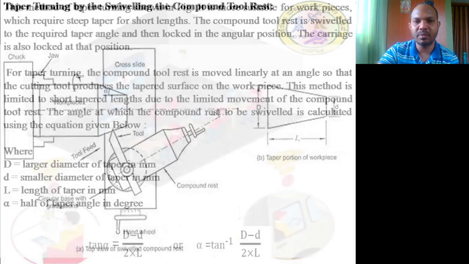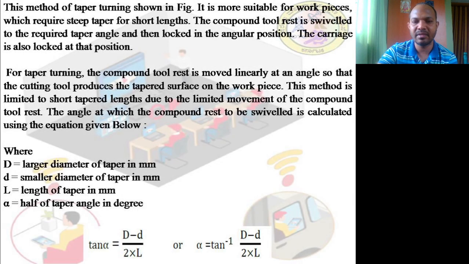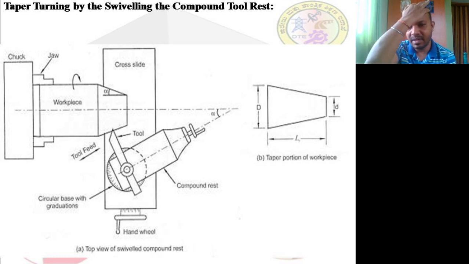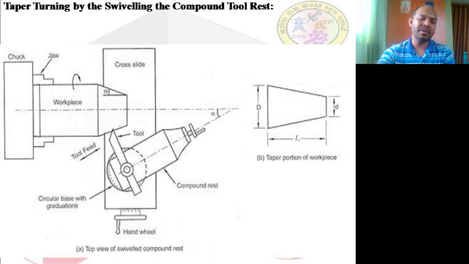Before I talk about that, I have also given the calculations for that. Now here, this is once again a spindle and then the chuck will be there. In the chuck, we will have a jaw in which the workpiece is fixed. For example, the workpiece is something like this in the back side and we want a gradually increasing diameter. We want to reduce this diameter like this. Now, did you get an idea? What do you mean by a taper?